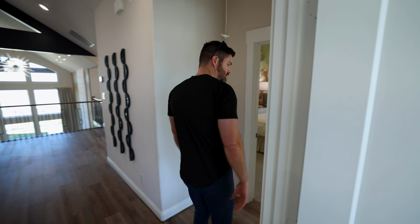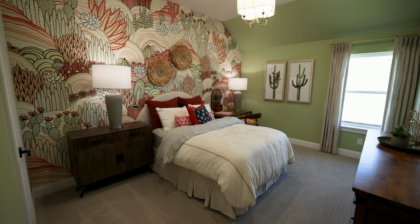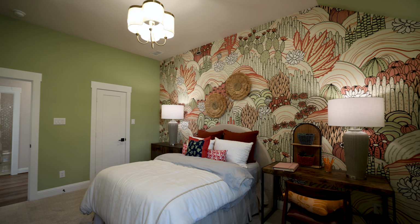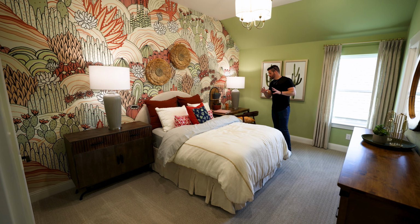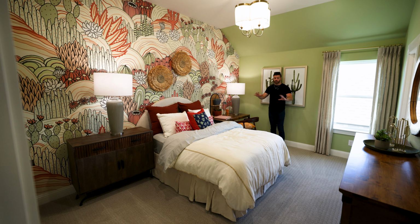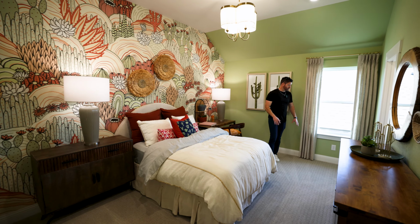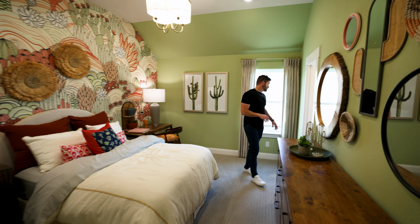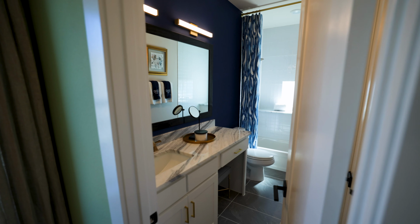And then we'll walk into the second bedroom of the upstairs. We've got another little walk-in closet. Beautiful wallpaper right here. Wallpaper is back. If you haven't noticed that, accent walls with wallpaper is very in right now, but we've got a much bigger bedroom over here, plenty of space for a desk area. You got a full dresser over here with no problem whatsoever. And then they've carried the, looks like 9 to 10 foot ceilings up here as well, which is nice for